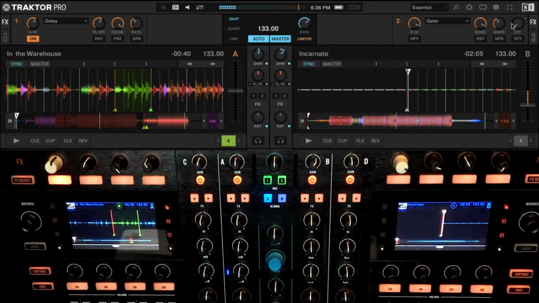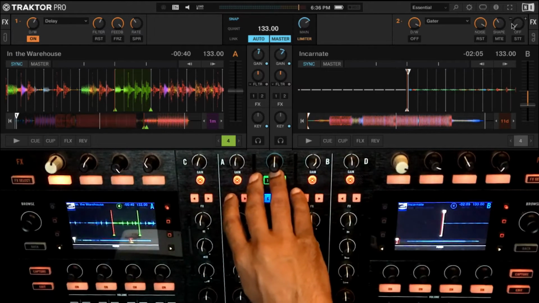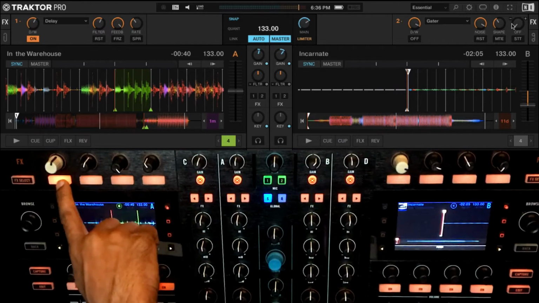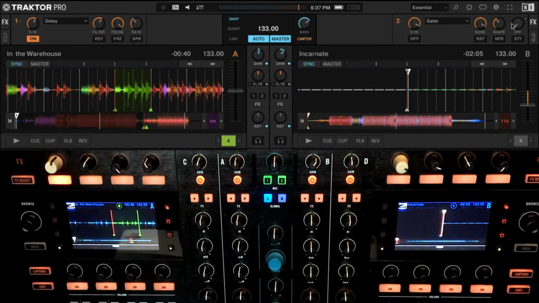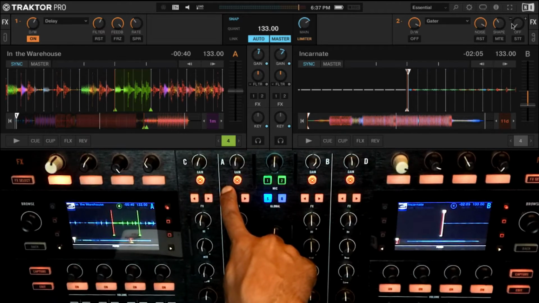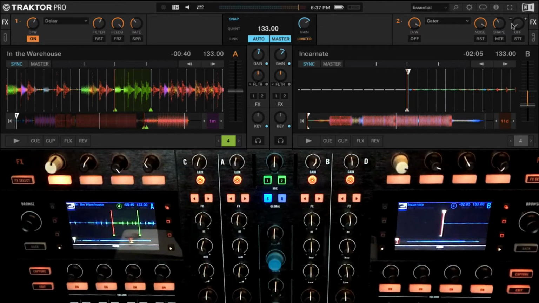Why? Because when you're using this button, you're completely stopping the audio from going into the FX unit. When you're switching off the FX unit from here, you're just switching the FX unit off, but whatever's running within that is still going to run. The way it's structured in Traktor is the FX unit is a separate device sitting there. So the sound has gone into that and it's feedbacking from that. Unless you stop here, which says the channel is not supposed to go in anymore, then it cuts it out.